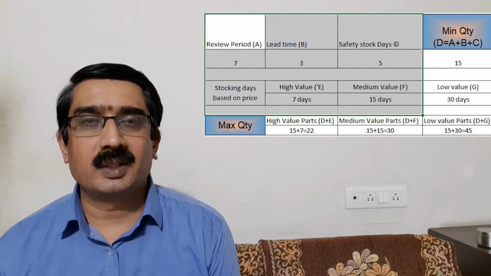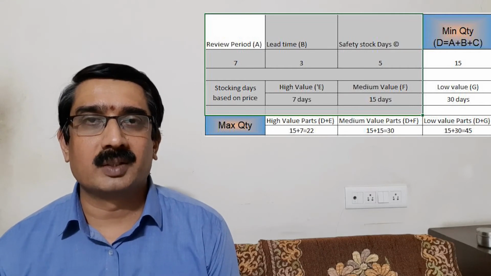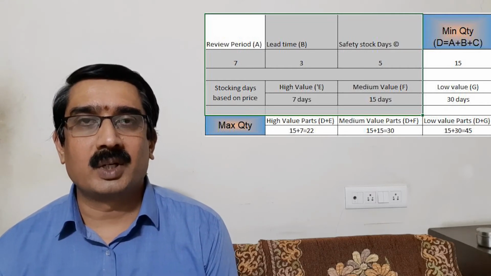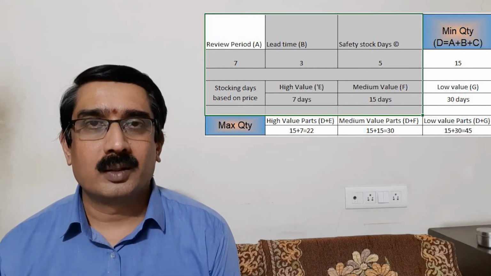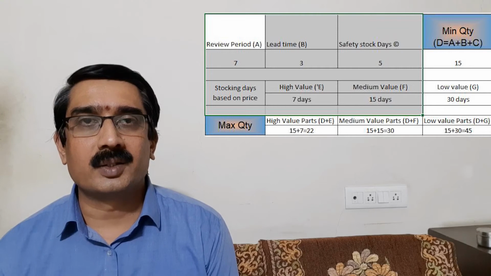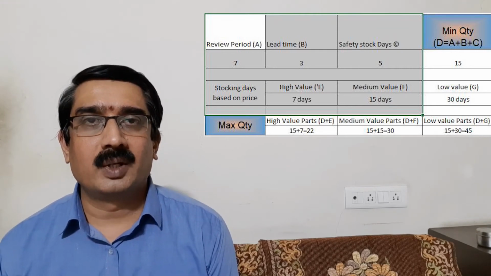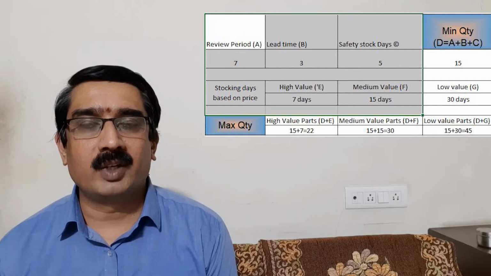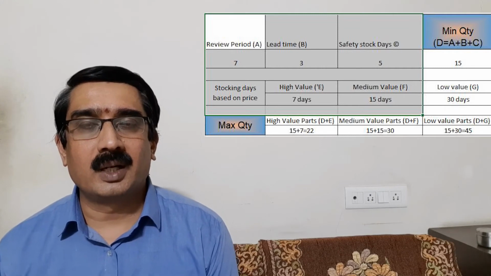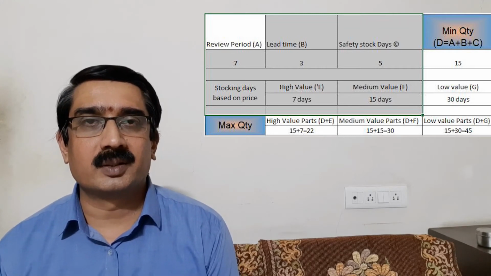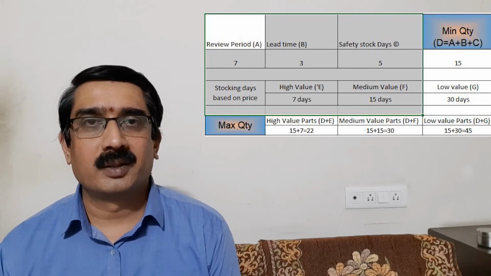As we discussed in the previous session, it depends on certain parameters like the order frequency, the distance between the supplier and the dealership, and the days they take to process your order. So lead time varies from dealer to dealer and workshop to workshop. In our calculation, let us consider it as 3 days. That means if I place an order on Monday, I will get those materials by Thursday.